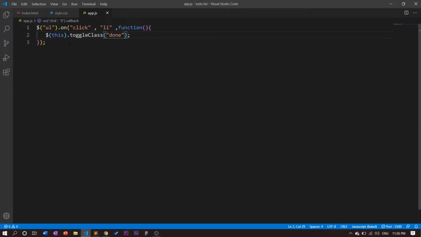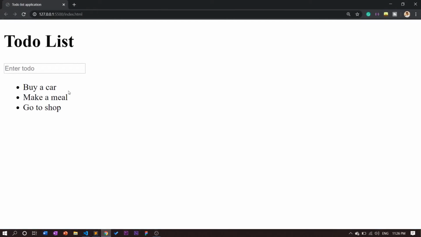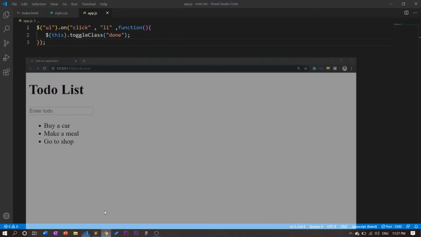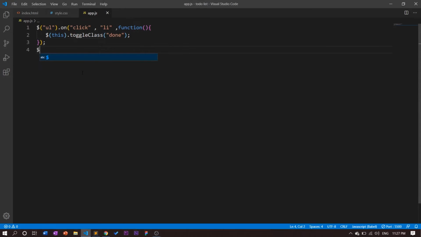And next we need to add a function to remove this buy a car in this to-do list app. When I finish this, it only says that you have finished today. If you have a big task, like I need to buy a car in 3 months, and you finish it, you need to click this button and it will totally disappear from the screen. For that you need to code some more stuff, so making that ul dot on